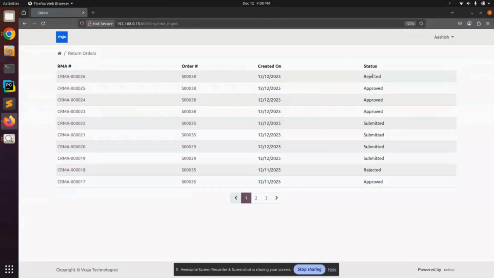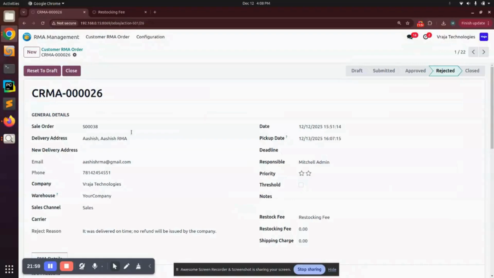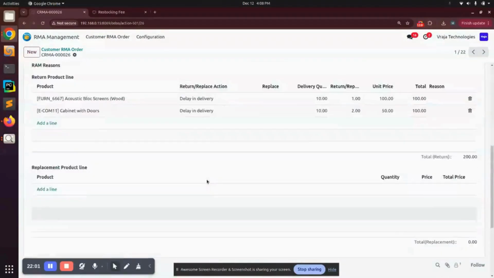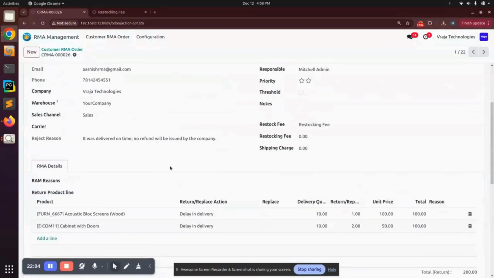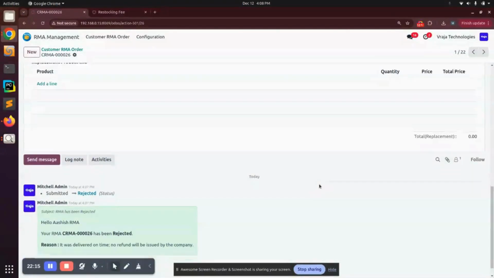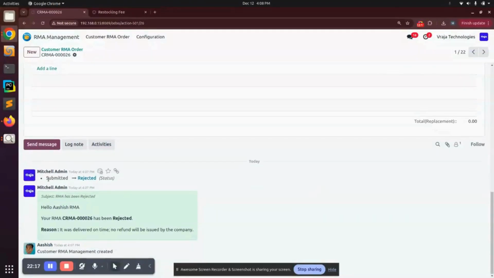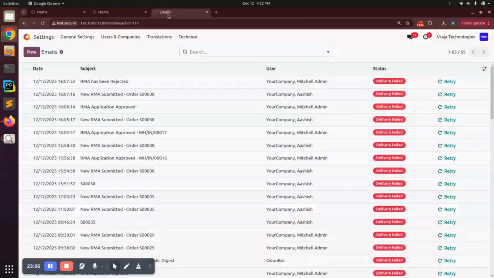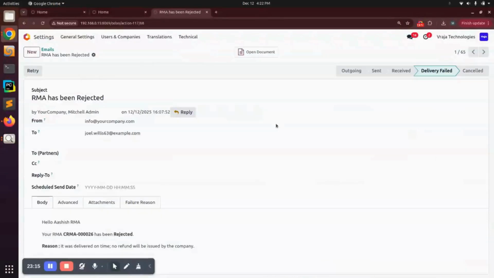So it is rejected, as you can see, because I saw with the delivery team that there is no delay in delivery. So we have done the rejection, and here the reject reason will also be applied over here, and it is saved over there. So you can reset it to draft and also change it whenever required. We will see how emails are sent. Whenever we are sending any rejection email, or say approval, or say submitted, it will be seen over here as well. So as we open it,